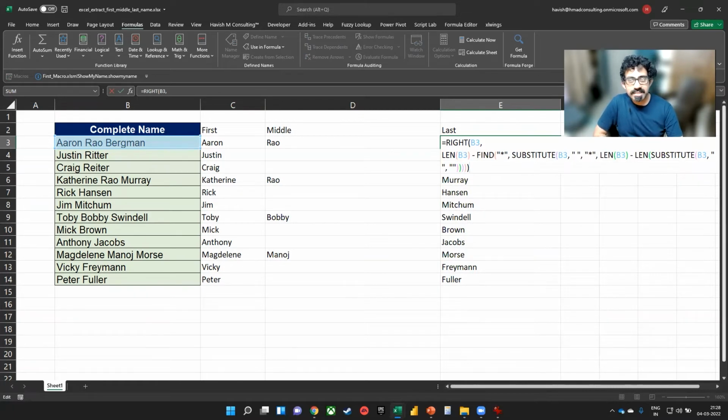What we are doing is we are saying that first, let me substitute in the cell B3 a space with an asterisk. But when it asks me for the instance number, I only want to replace the second instance, correct? But the problem is that how do we handle a name where there is only one space in it? That is why we are saying the length of B3 minus the new length after substituting the space with a